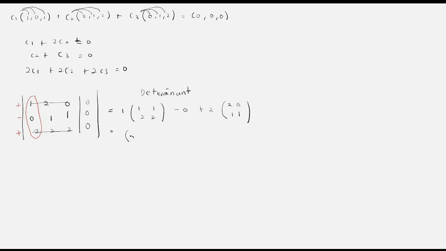Let's proceed to solve. 1 multiply 2, 2 minus 2 multiply 1. Okay, plus 2 multiply 1, 1 multiply 0. 2 multiply 2 is 2 minus 2, 0. 2 multiplied by 2 is 4, not equal to 0. When the determinant